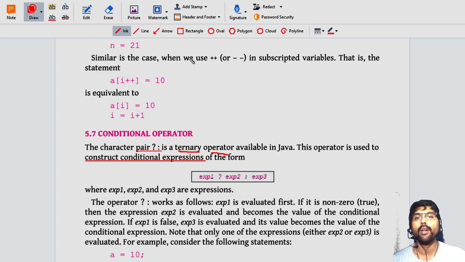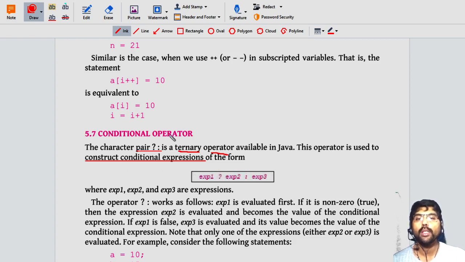The remaining operators, except increment and decrement operators, are all binary operators, because they operate on 2 operands. Increment and decrement are called unary operators. They operate on a single variable, a single operand. And the conditional operator is called ternary because it operates on three operands.